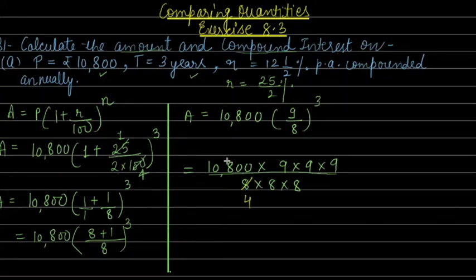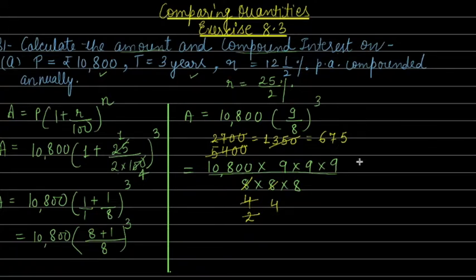2 fours are 8 and this is also divisible. 2 fives are 10, 2 fours are 8 and these two zeros, right? Now 2 twos are 4, 2 twos are 4, 2 sevens are 14 and these two zeros. Again it is divisible by 2. 2 ones are 2, then 2 threes are 6, 2 fives are 10 and a 0. Now this is cancelled. Here, is it divisible by 2 fours are 8? Again you are having a 0, it means it is divisible. 2 sixes are 12, 2 sevens are 14 and 2 fives are 10. So you are getting 675.